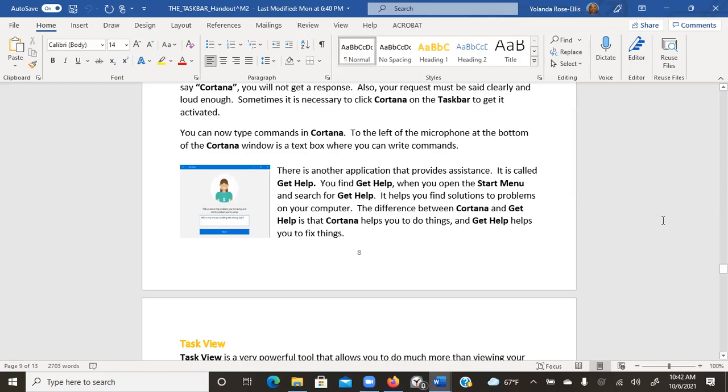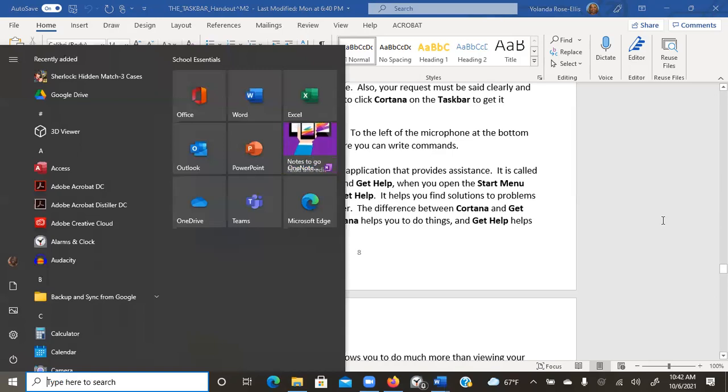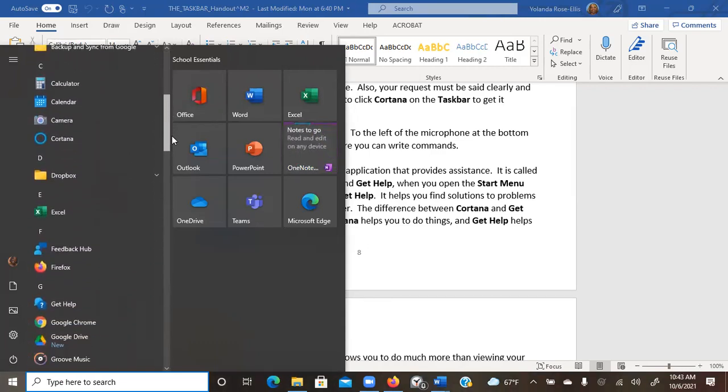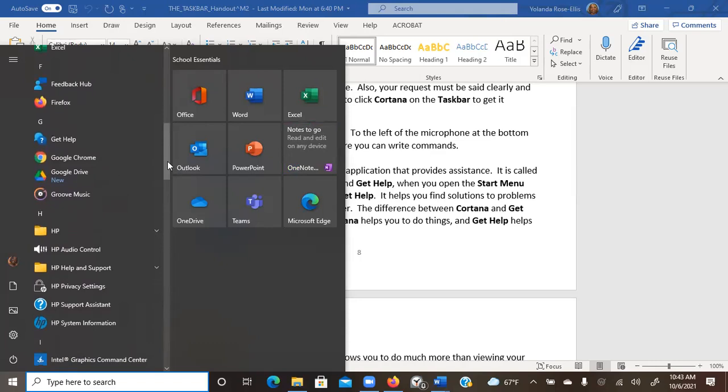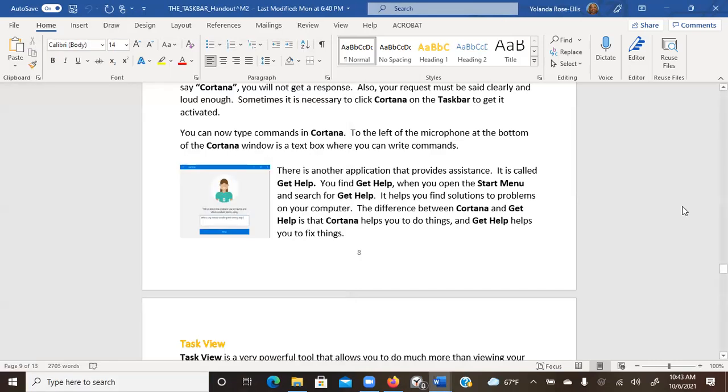Okay, so now let's look for Get Help. Let's open our Start menu and scroll down to G. B, D, E, F, G. And there's Get Help. Let's click away to close the Start